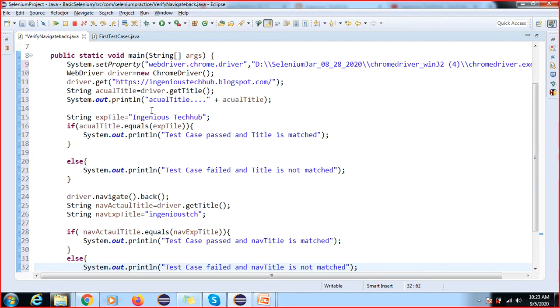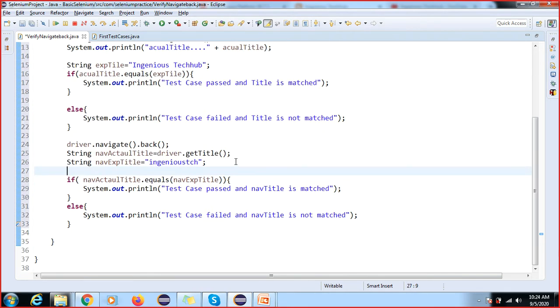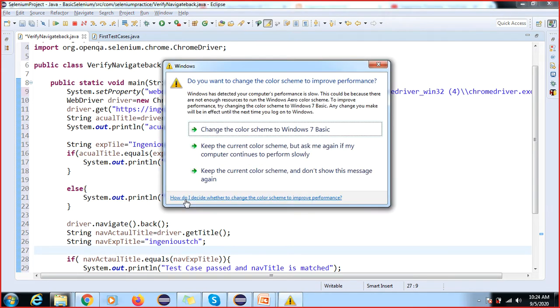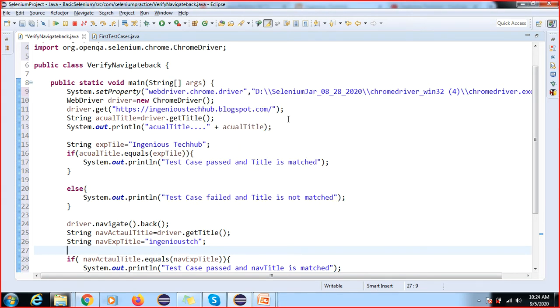Whatever I have written, if anyone has any doubt, if you are not able to understand what I am writing, tell me. If you don't have a doubt, I will ask you one by one. Explain this code. Tell me if you have any doubt, even a single line while writing the code. Because if your concept is not good, you will not become a perfect automation test engineer.